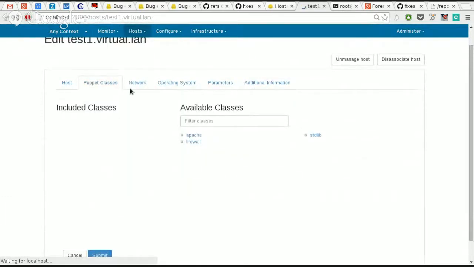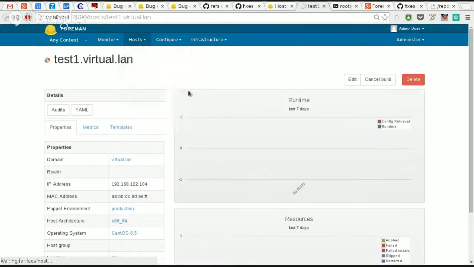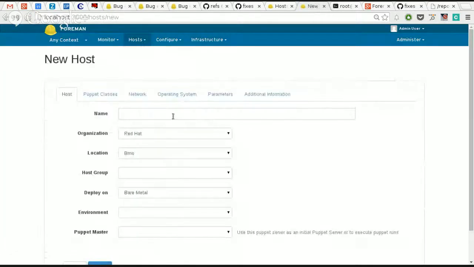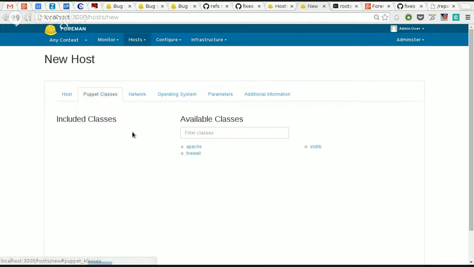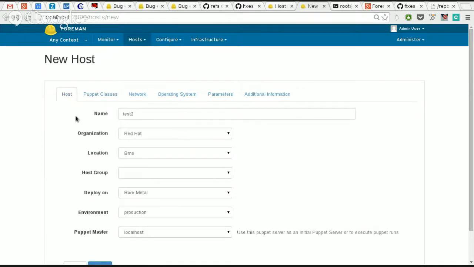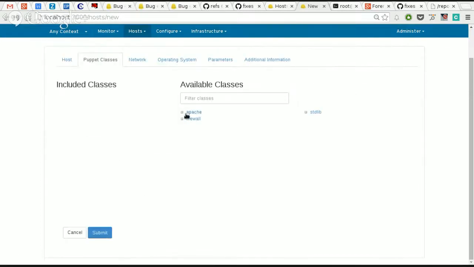Now let's create another one to see full provisioning. Let's say it's test 2, and now let's assign it a Puppet Master, and we'll be deploying some puppets. So I've selected the Puppet Master I want to fetch Puppet manifests from. I said operating system was the most complicated one, but I think this one is the most complicated one,